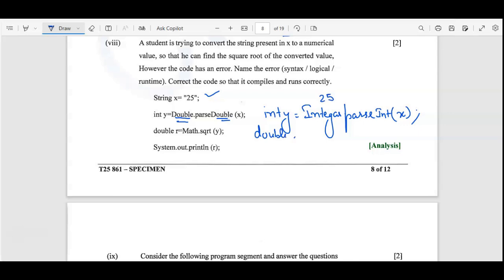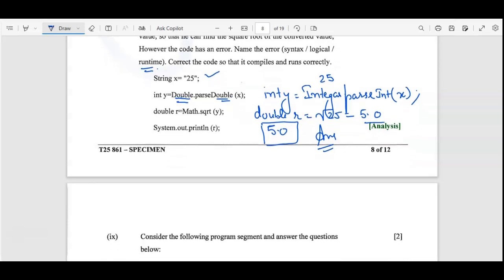Now double r is equal to Math.sqrt of y. y is 25, so square root of 25 will give you 5.0. And when you display the output, it will display 5.0. So the error is the runtime error only here. Okay, it's runtime error, and we have corrected the error also. So well, this code is now correct.